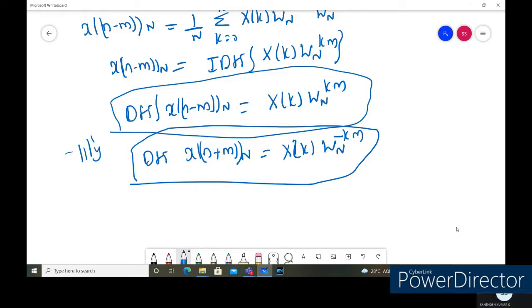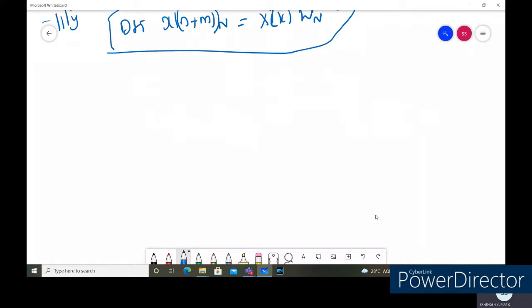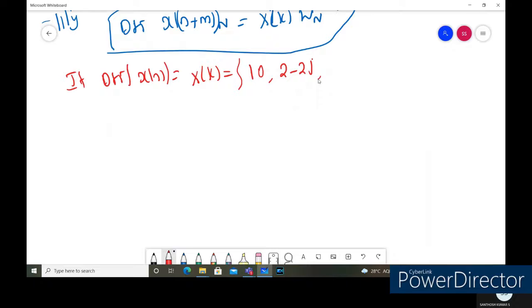So let us consider one problem where that kind of case will be considered. Suppose we take the problem: the DFT of x of n is equal to X of k, where X of k is 10, 2 minus 2j, minus 2, and 2 plus 2j. Here we need to find the DFT